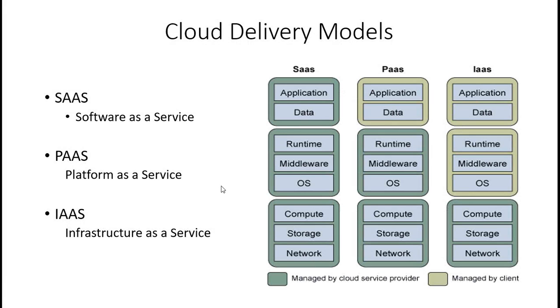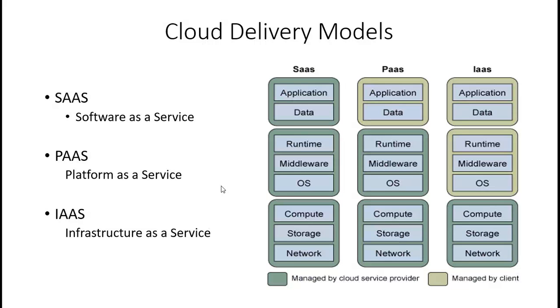Now, the delivery models. There are three. They are known as software as a service, platform as a service, and infrastructure as a service. If you see the picture, these are the building blocks of each delivery model, and that is how it is created. Your compute, storage, and network are a part of